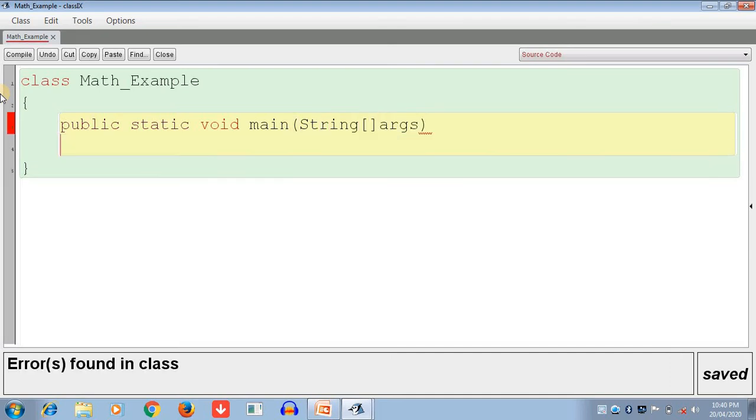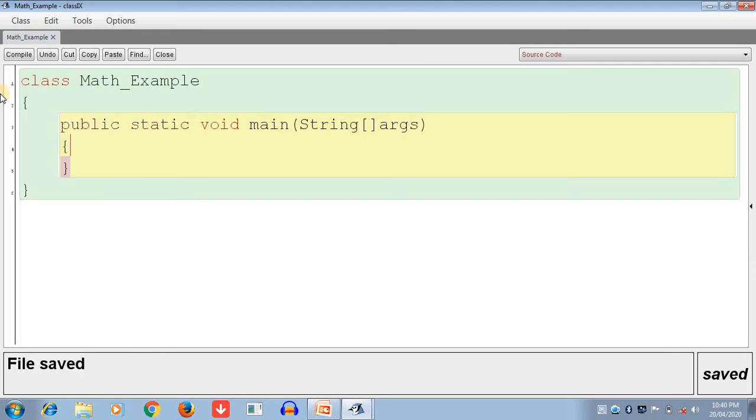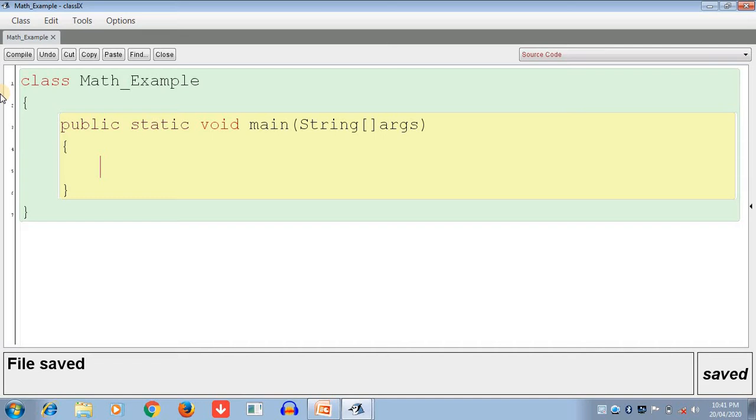So this is the main function, I have already declared it. Now the first math function is power, and how do we use this math function in a programming language?